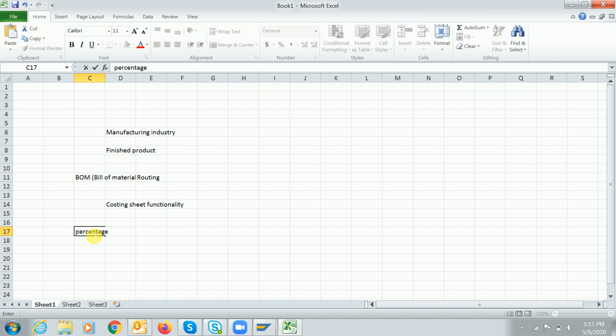One is percentage basis, next one is quantity basis, and another one is template allocation basis.